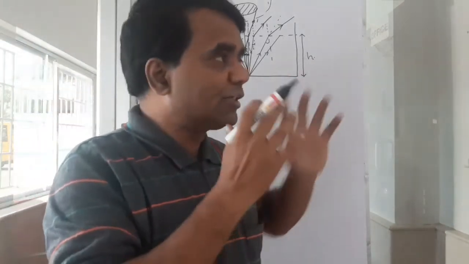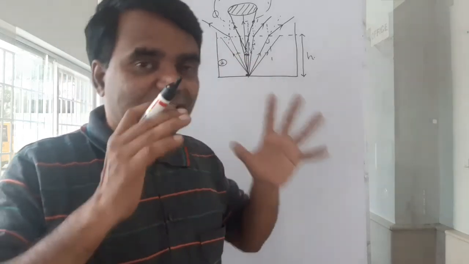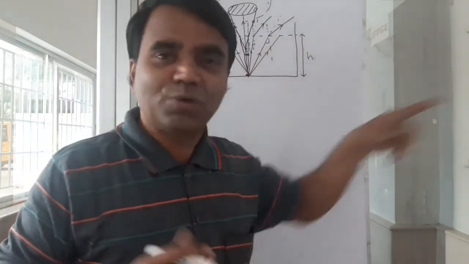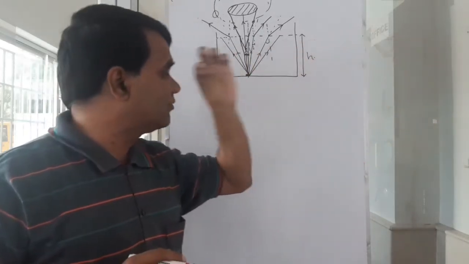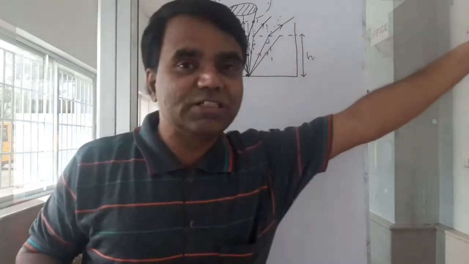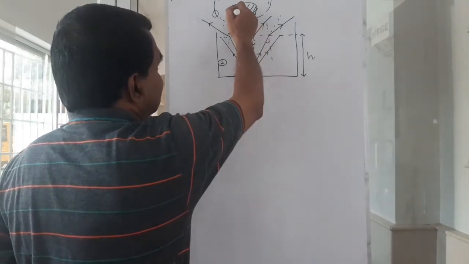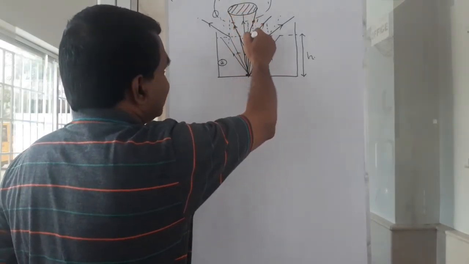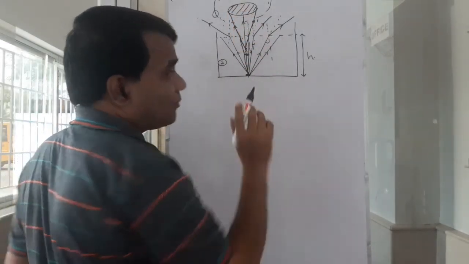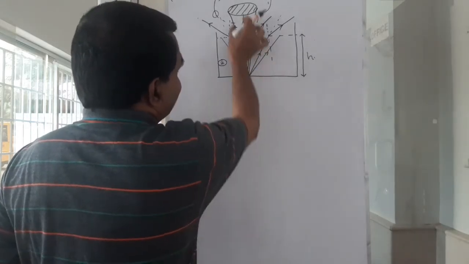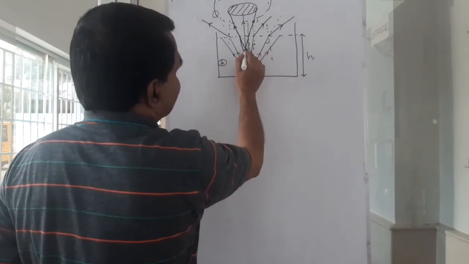But when you look at yourself in the mirror, it feels like the person is there and you are looking at him. Why? Because the light that is coming from you tells you that it is originating from there. So likewise, the light that reaches your eyes tells you that it is coming from this point. But where is the object actually? The object is here. But for you, it will look like the object is here,